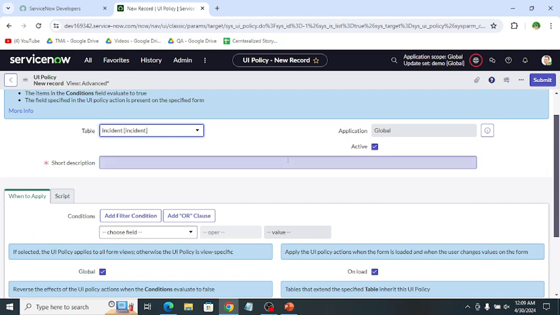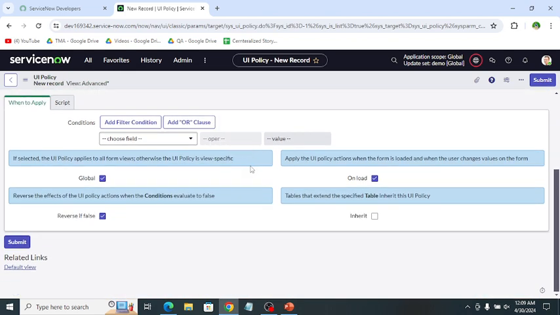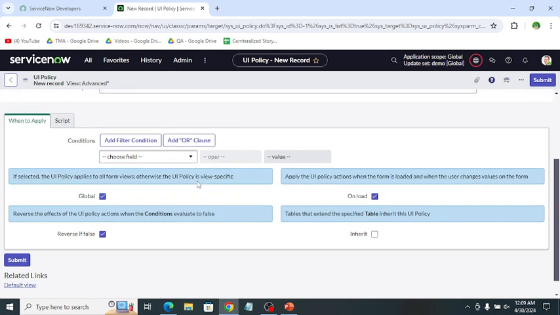Then short description: a short summary of the UI policy. The next is when to apply. The when to apply contains the condition which, when fulfilled, causes the UI policy to be applied. Conditions are built with the condition builder. To set a condition using a script, use a client script instead. You can also utilize the script for the condition.